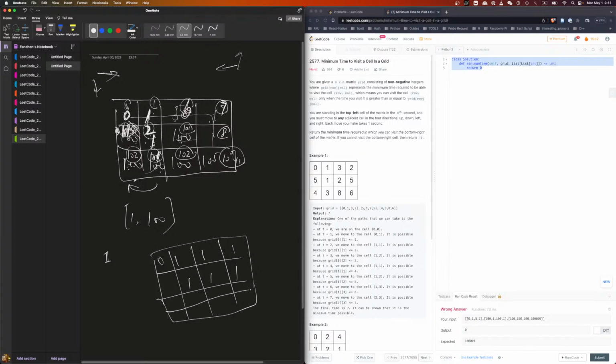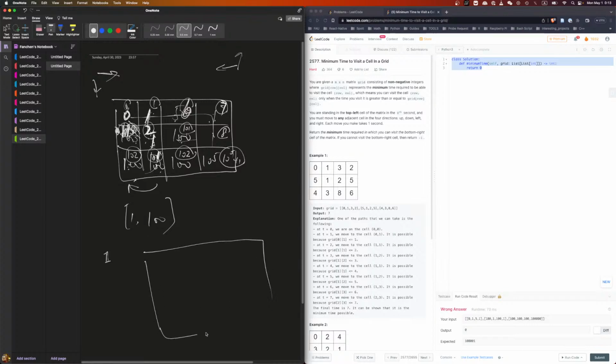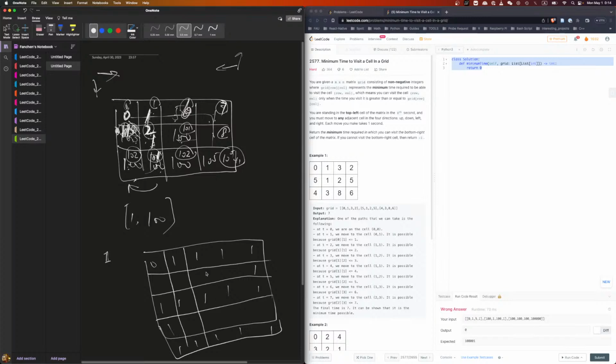Probably need another layer. 1, 1, 1, 1. Okay, like that. Or maybe we delete this one. Yeah, I think I know what you're saying. If we have a situation like this, 0, 1, 1, 1, 1, and then we have one layer empty, 1, 1, 1, 1, 1, 1, layer empty, 1, 1, 1, 1, 1, 1. Okay, like if we have a case like this,